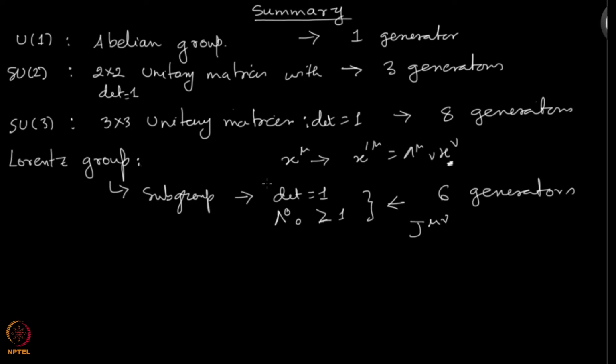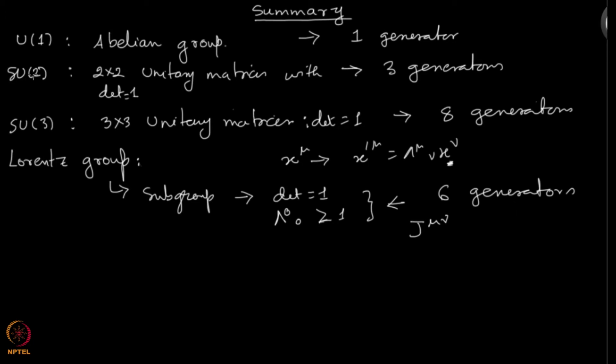and it's abelian because all the elements of this group commute with each other. So, if you multiply element g1 with element g2, which are parameterized by the parameters theta, then the multiplication commutes. So, this is an abelian group, and we discussed other non-abelian groups such as SU2, SU3 and the Lorentz group.